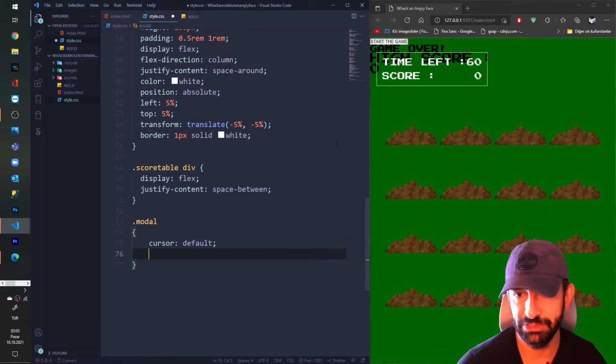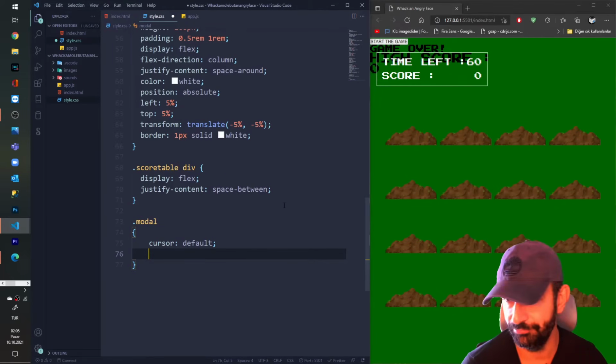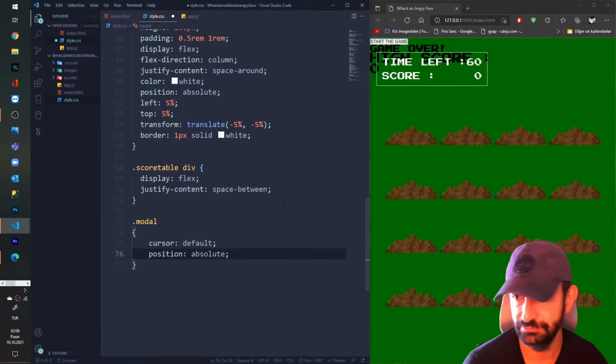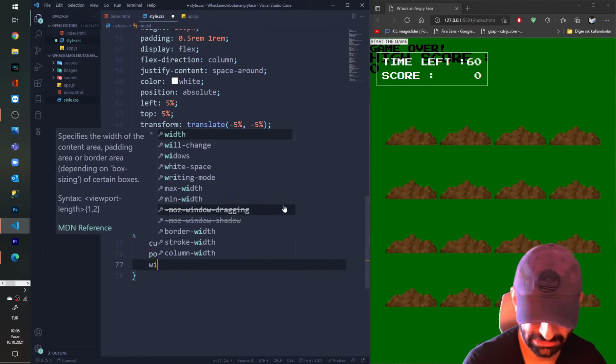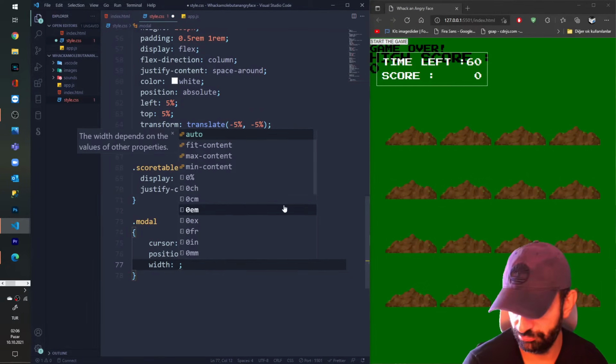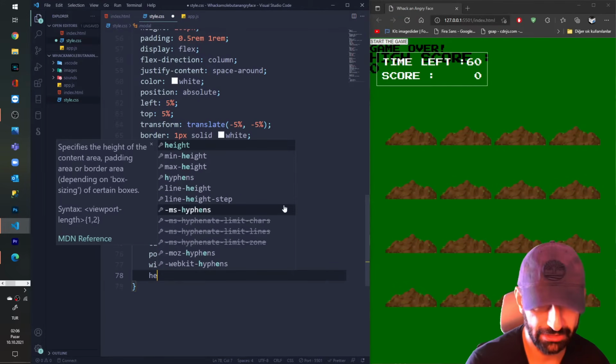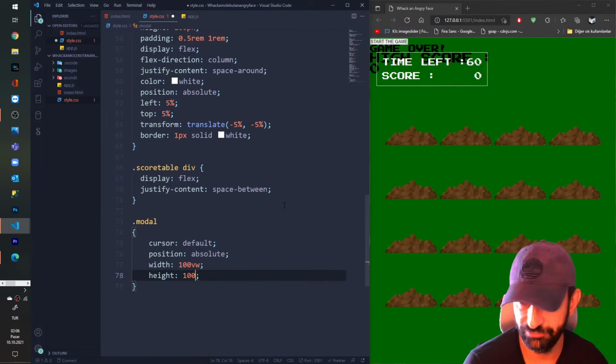This pointer is not gonna be seen inside my game. But when we have the modal section, I wanna have a default cursor here and use it in order to press the start button. Position absolute. I'm gonna say width of 100 viewport width, and height of 100 viewport height.